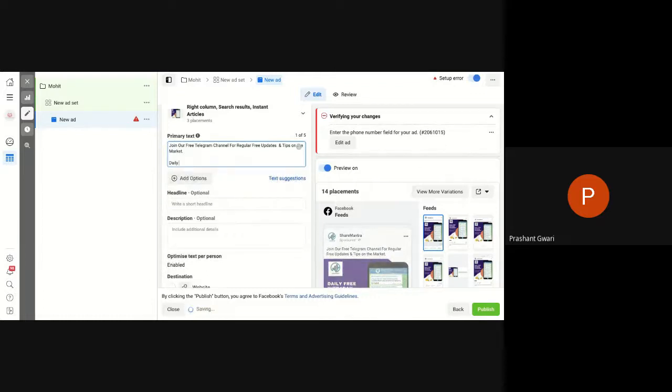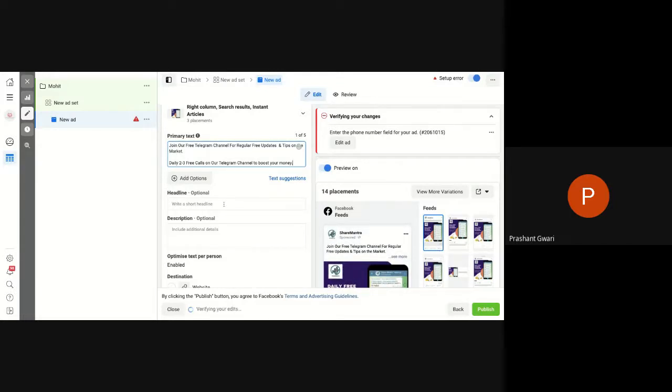Daily 2 to 3 calls on our Telegram channel to boost your money. So that is the caption I am using. That caption will appear on the top on Facebook and bottom on the Instagram images.